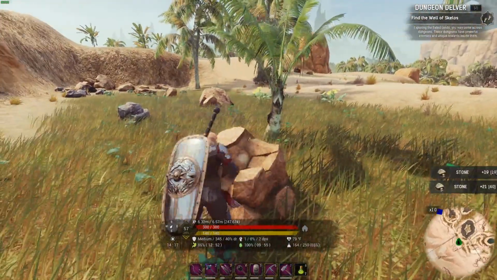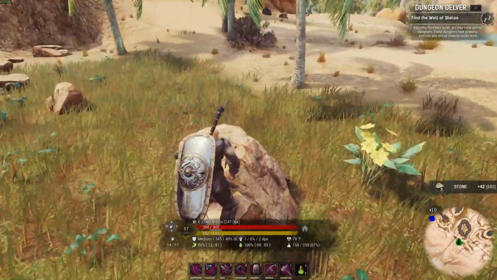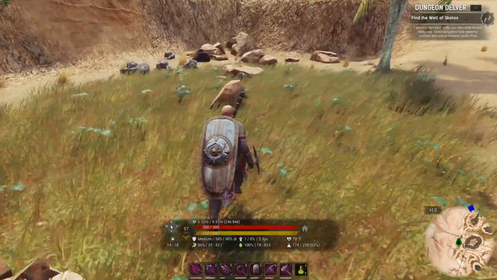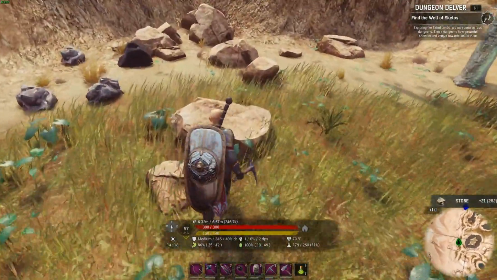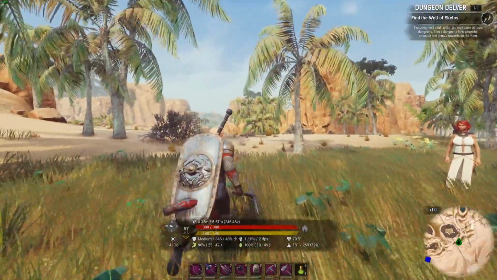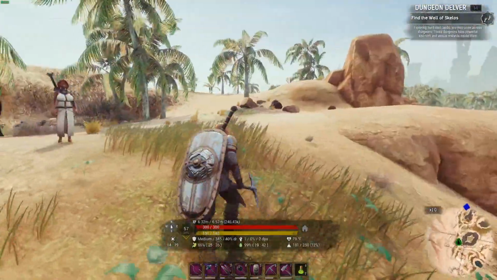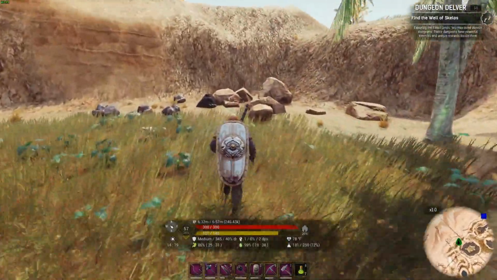One of the nice things about this base is that there's all kinds of ironstone around here. There's coal all around here, and even more so if you just go off in that direction. You've got all kinds of shellbacks down in there on an island in this pond that you can harvest meat from to get grilled steaks